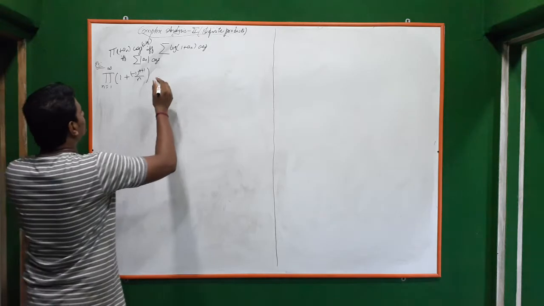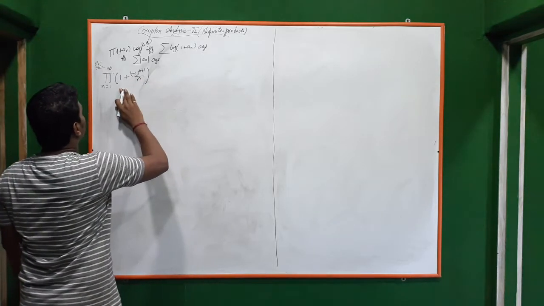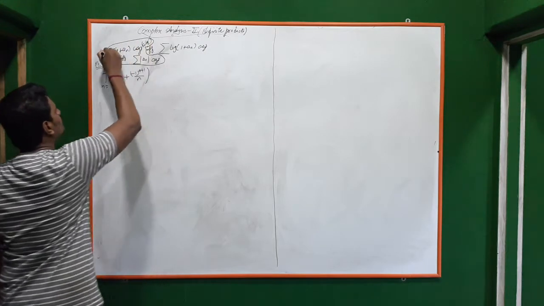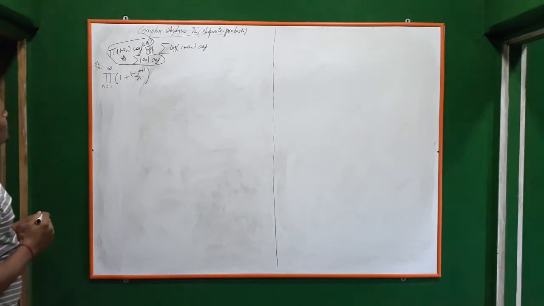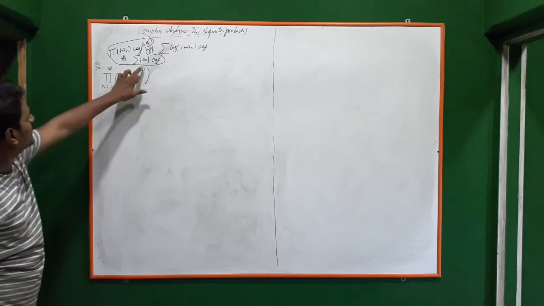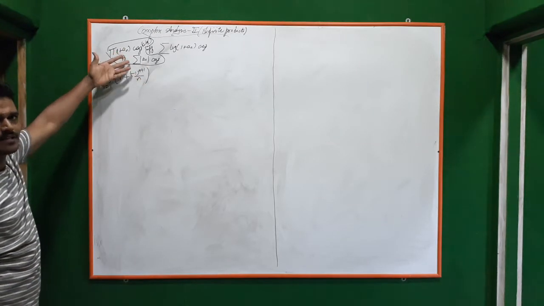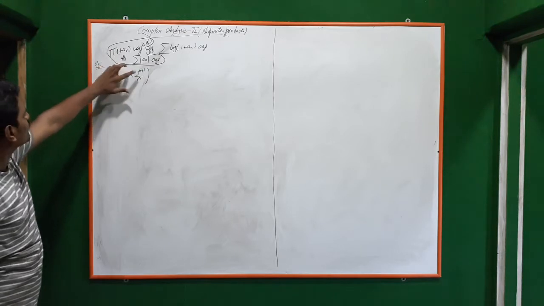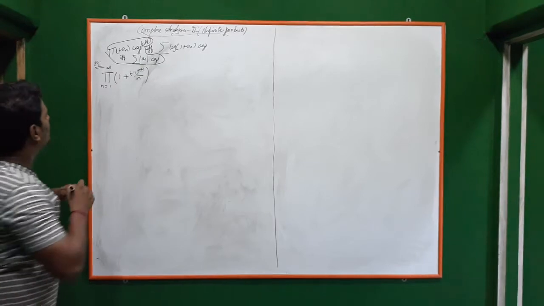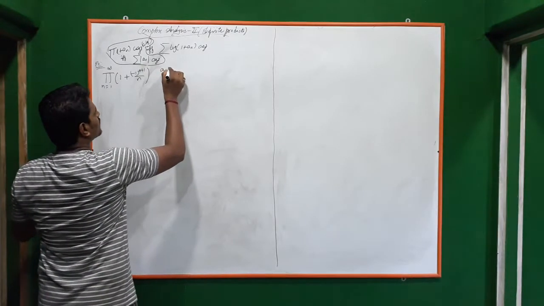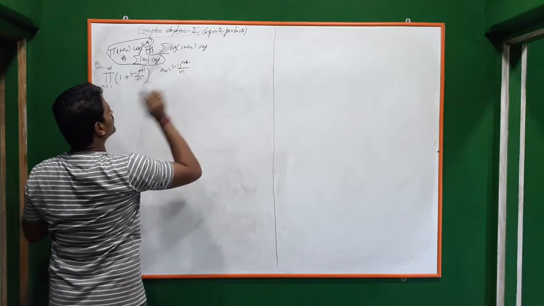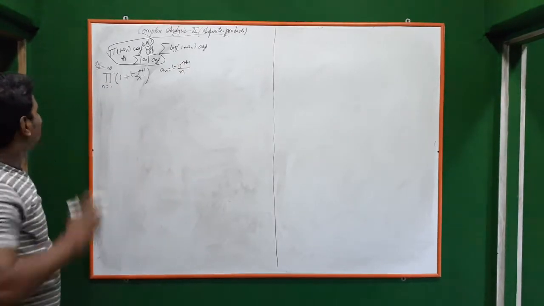So for proving convergence we can use this. What is that? The product converges absolutely if and only if summation mod an converges. Absolute convergence implies convergence, so no need to worry about that. So we have to check whether summation mod an converges. What is an here? Here an is minus 1 to the power n plus 1 by n.